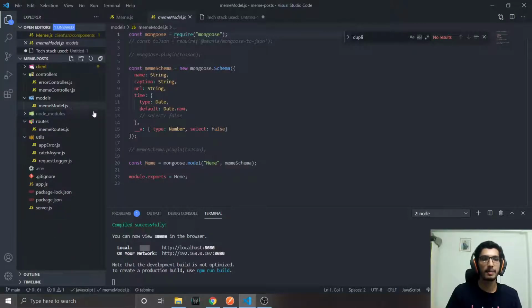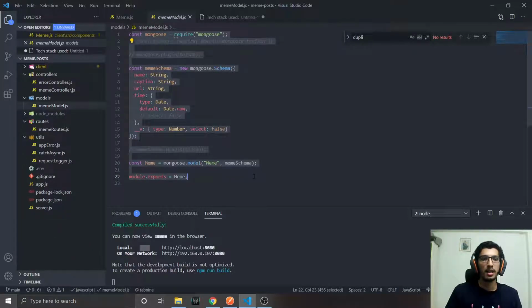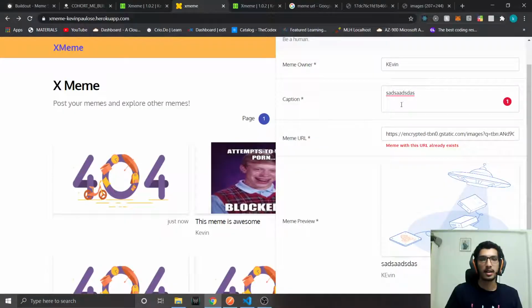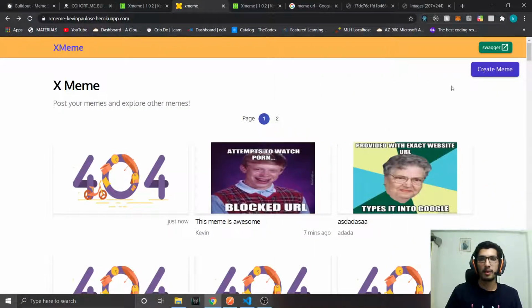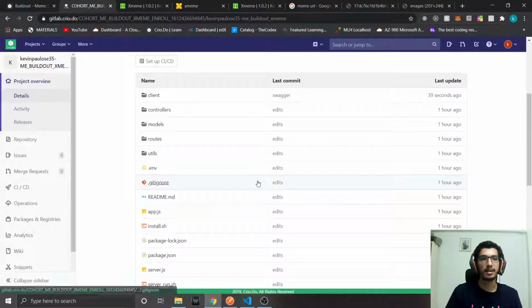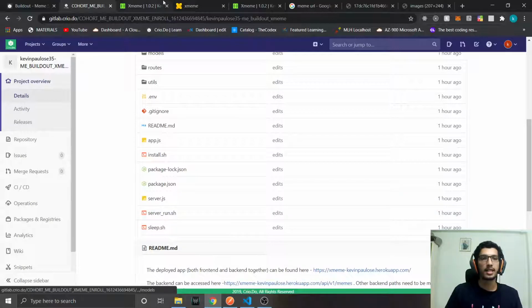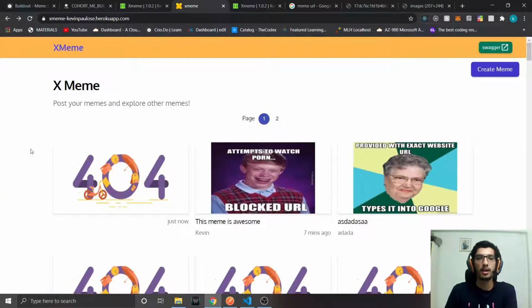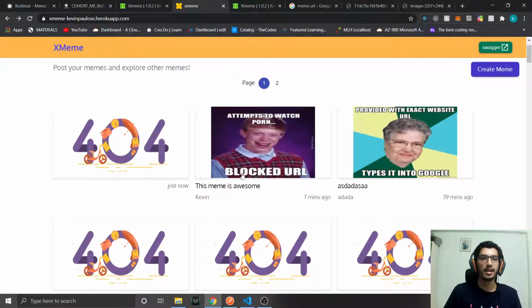This is my meme models that you can see. All my backend APIs, everything is working. I have also updated it in here. So all the files are here. I have been working on the Dockerized solution, but due to lack of time again, I wasn't able to create it.